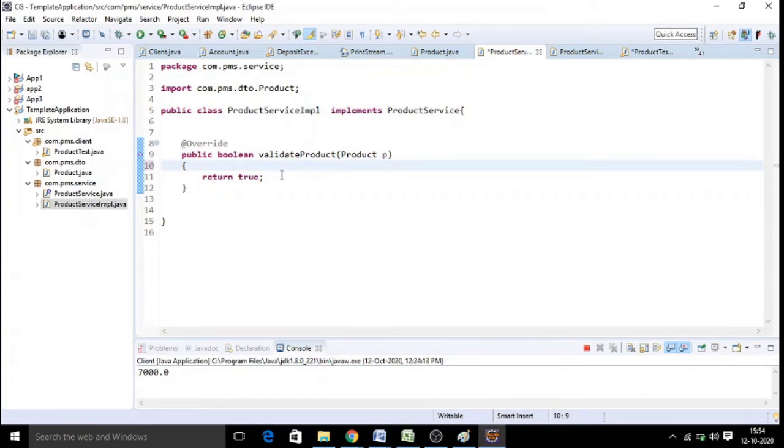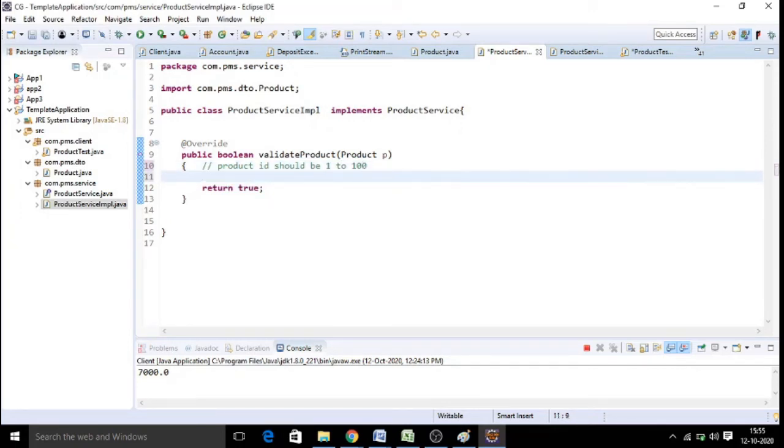That is my requirement. You have to test it, right? Product ID should not be less than 1, should not be greater than 100. In your project implementation specification document itself, they'll specify for a particular field what the requirement is. You need to validate that.